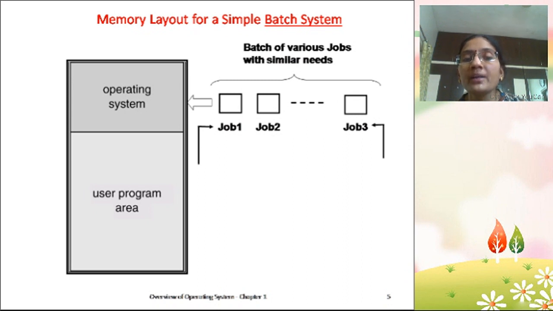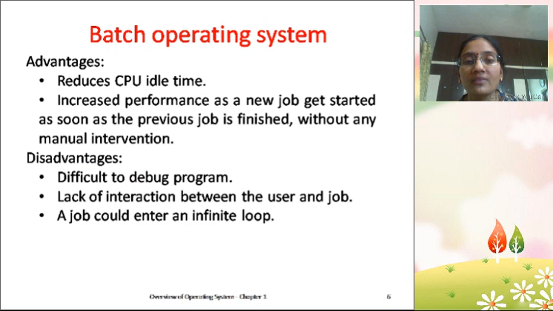Okay, so the operating system will first take the first job, and the resources required for this particular job will already be assigned to the system. Now job 1 will be executed, after that job 2 will be executed, and in this sequence all the jobs which have the same needs will be executed, and the output will be stored onto punch cards, and those punch cards will be submitted to the programmer of that job.